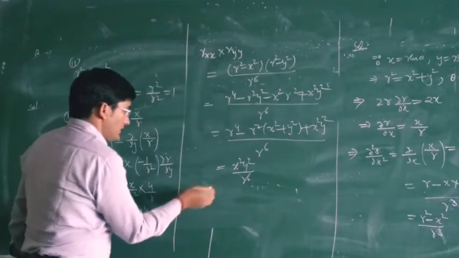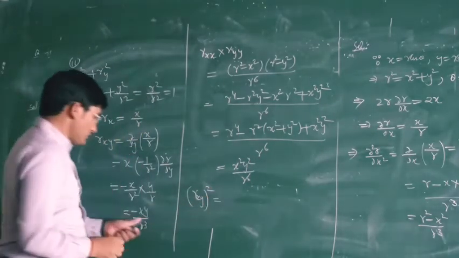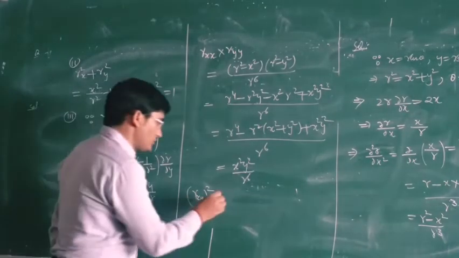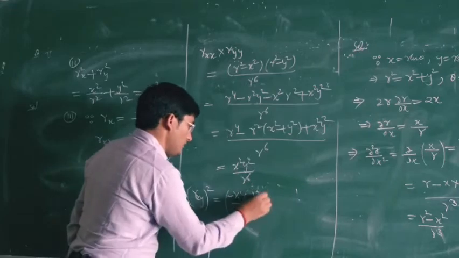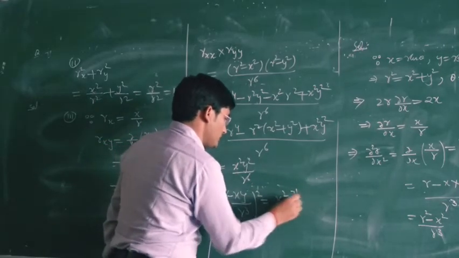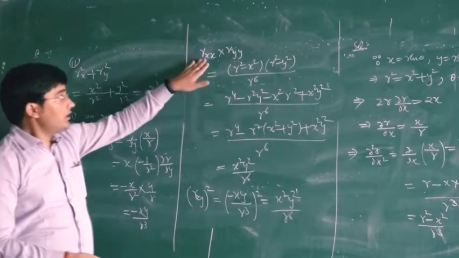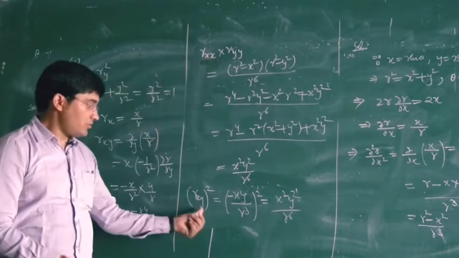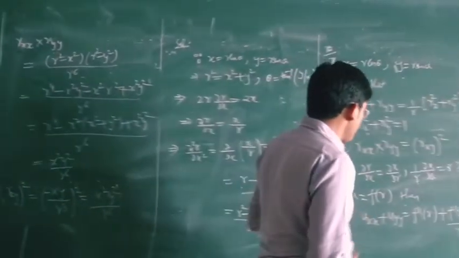So this is our left hand side, and the right hand side is rxy whole square. As our rxy is this one, its whole square will be minus x y upon r cube whole square. So we have x square y square divided by r power 6. So we can say that our left hand side is same as our right hand side. So we have proved the third part. Now the fourth part.